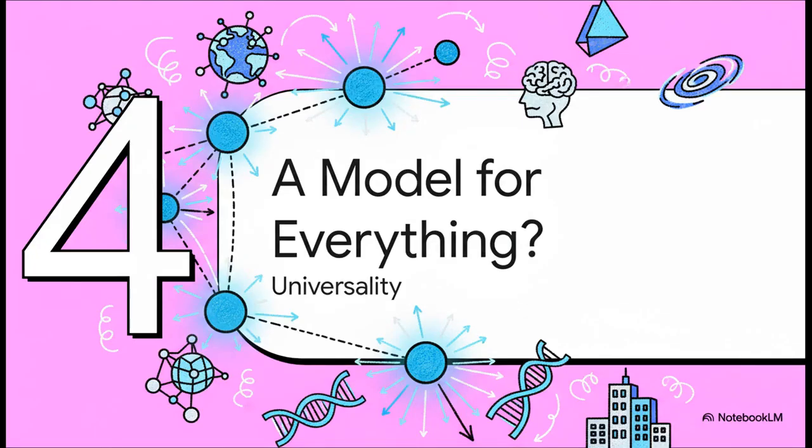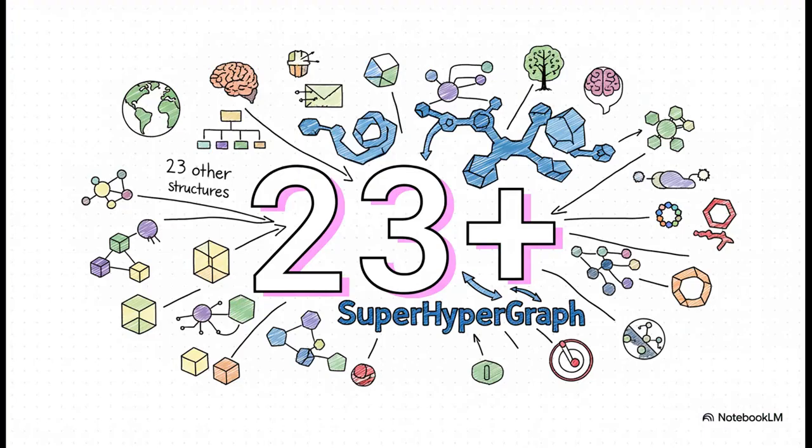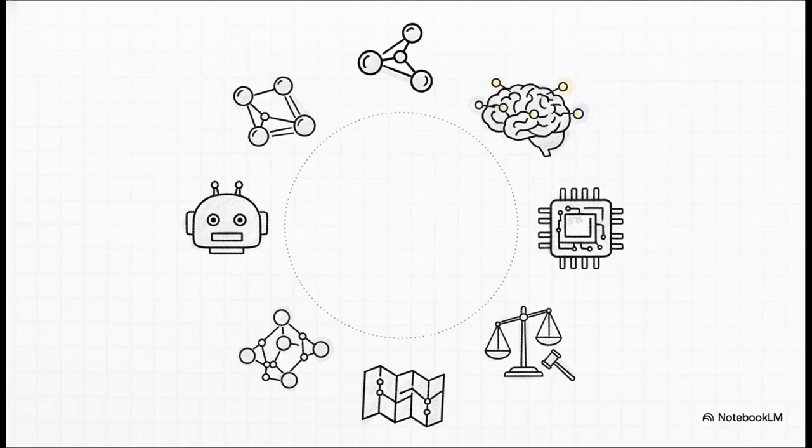So you might be thinking, okay, that's a cool mathematical trick, but why does it actually matter? Well, here's the thing. It turns out this one powerful idea is astonishingly universal. It's like finding a language that can describe the structure of all these wildly different systems. According to the research this explainer is based on, a superhypergraph can faithfully represent at least 23 other distinct mathematical and real-world structures. Now, that's not just a small improvement. We are talking about a massive leap in unification. It's a huge deal.